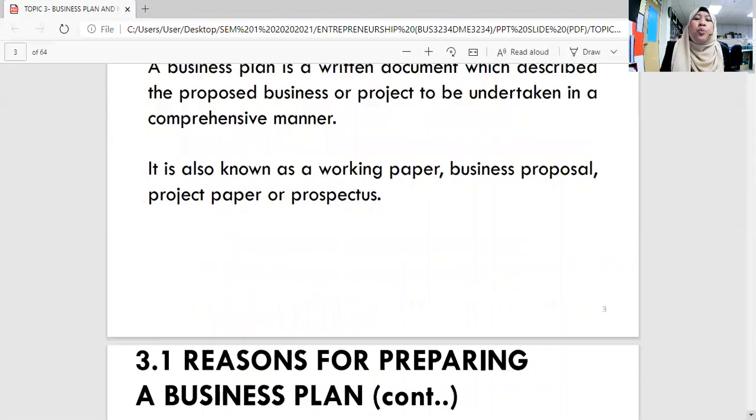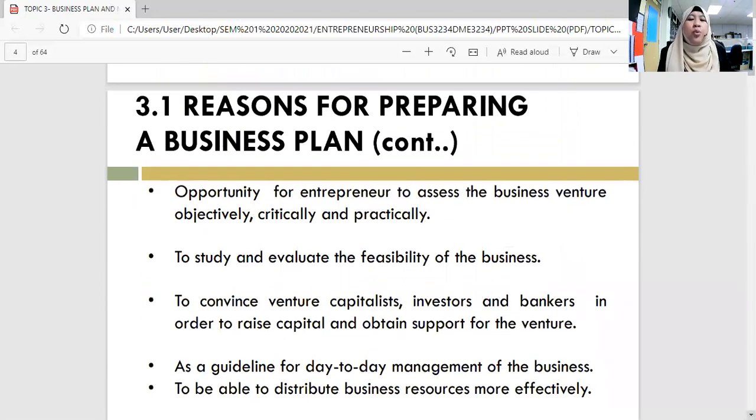All right. So what we will learn is the reason for whom we prepare this business plan. Number 1 is that it gives the entrepreneur the opportunity to assess the business venture objectively, critically, and practically. From this statement, the entrepreneur will look into who will become their partners in the business, and of course they want to look specifically at what the business is, what the objective, the vision, mission, and goals are. They will look especially at the financial part, because they want to know whether the amount of money the investor invests in the business will be